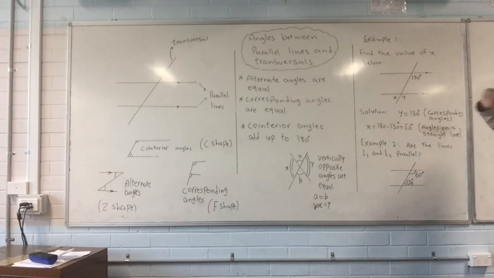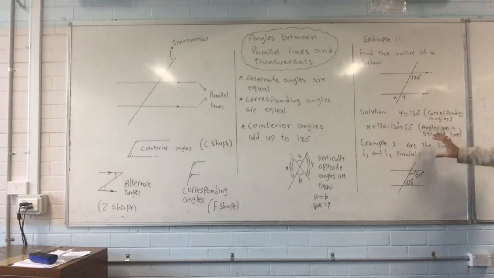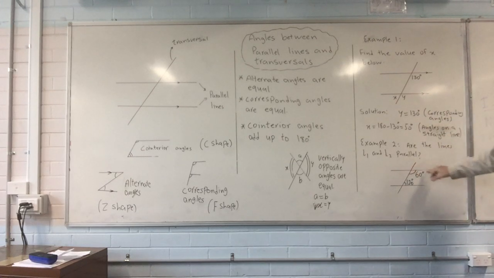So Y is 130. Then X is 180 minus 130 because they are on a straight line, so that becomes 50 degrees. Angles on a straight line add up to 180. That's example 1. Example 2, we have here two lines crossed by a third line. They are asking us if the line L1 and L2, this is line L1, this is line L2, are parallel or not. And the answer to that is yes, they are parallel, because